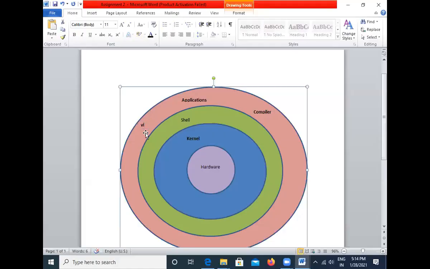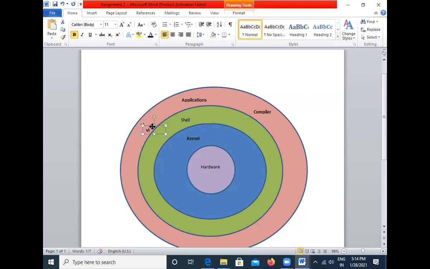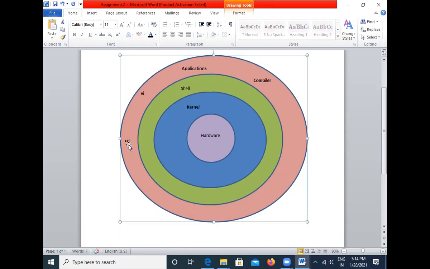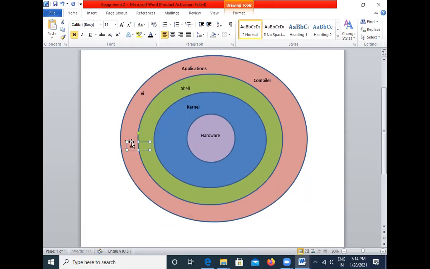So we are done with this one. For the next, I will use the same Control D. I'll just drag it towards this side, and here I will type CD. Next I will take it again, say Control D, or you can take a new text box and edit it, and then I will type mkdir. These all are basically examples of commands that we will be studying in Linux.